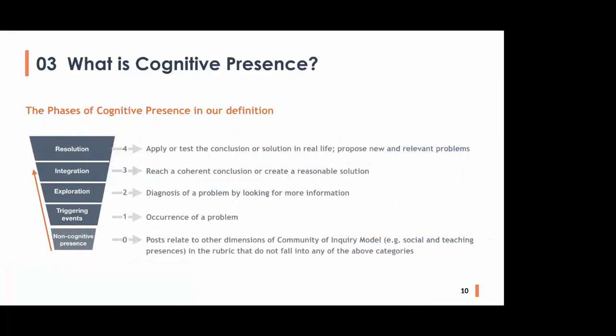However, the definitions of the four phases in Garrison's study and their descriptions were originally created for small-scale, full-credit online courses, not for MOOCs. Therefore, we keep the name of each phase, but redefine them for categorizing MOOC discussions. So, in our definition, the triggering event, the first level,